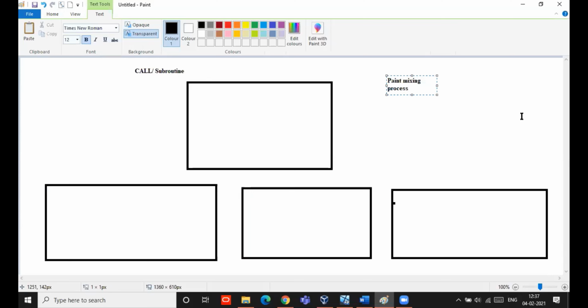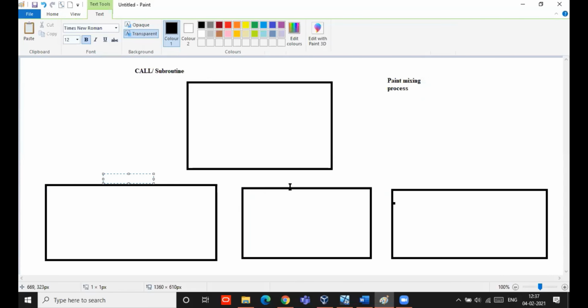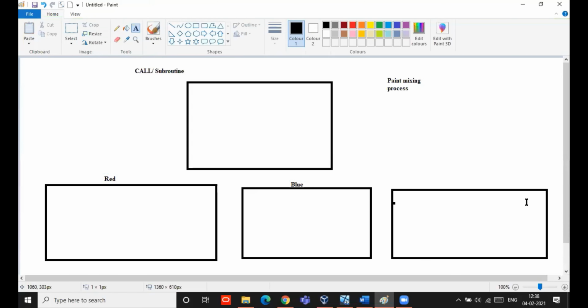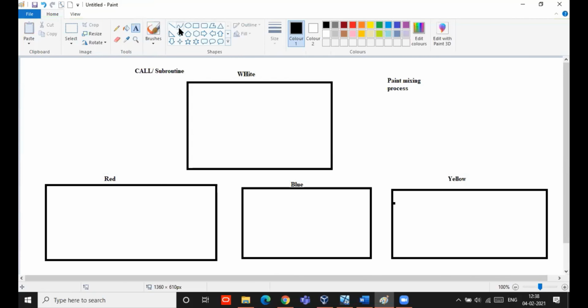In this paint mixing process, just assume this is for red color, this is for blue, and this is for yellow, like this, and this is normal for white paint. So I have some program here.